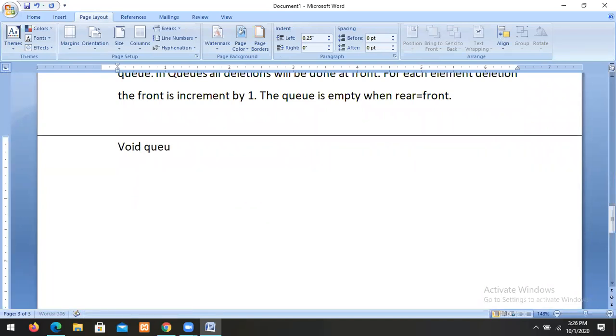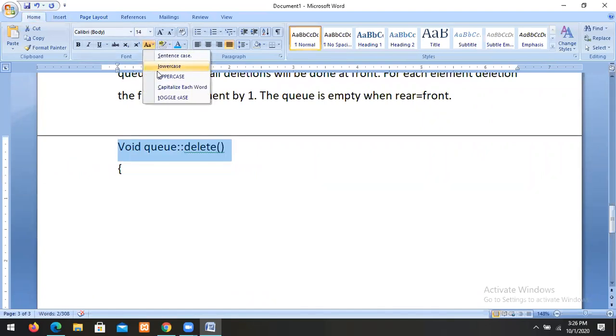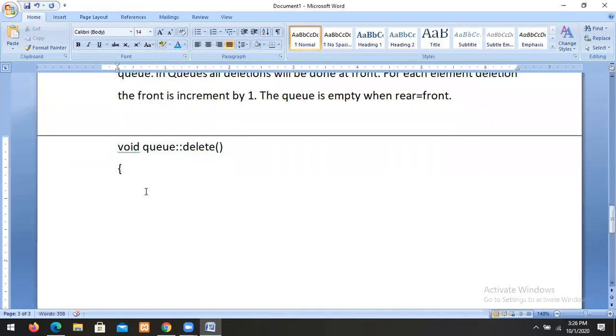Void queue delete queue. This is the method. So when can we delete an element with delete queue? When it is not possible, rear equal to front: if rear equal to front, print Queue is empty, and otherwise we can delete the elements.